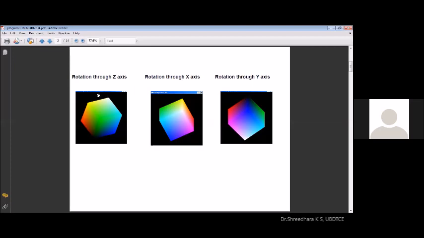Once you create the cube, an interesting point is that for each corner the colors are supplied. Separate colors are for each corner, just for corner identification. Here if you observe, this corner is provided with a white color, this is yellow color, this is red color, like that.